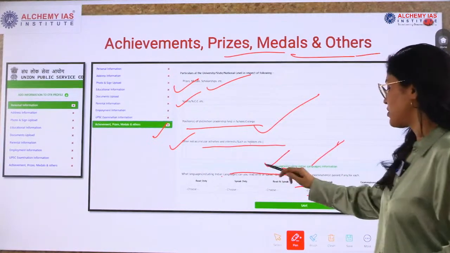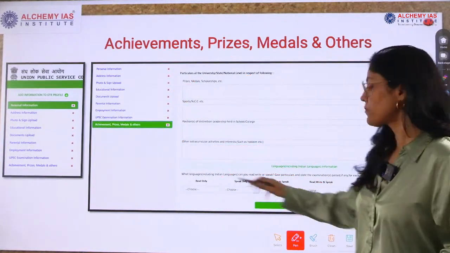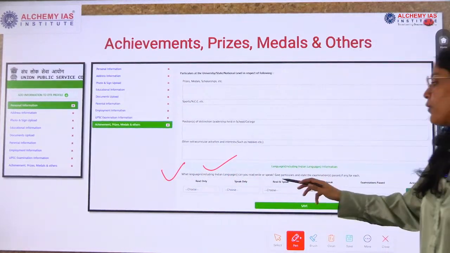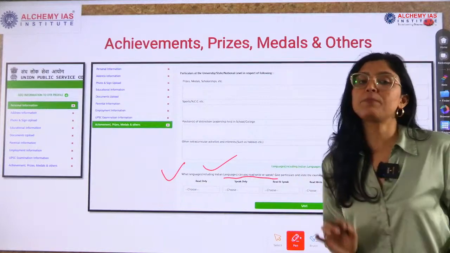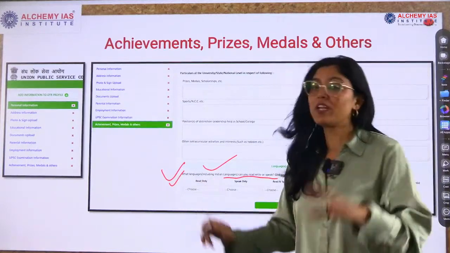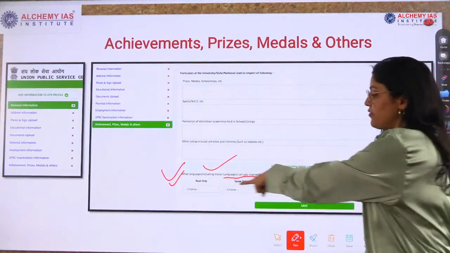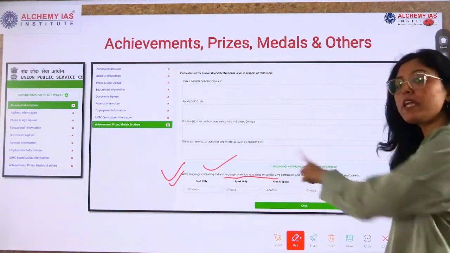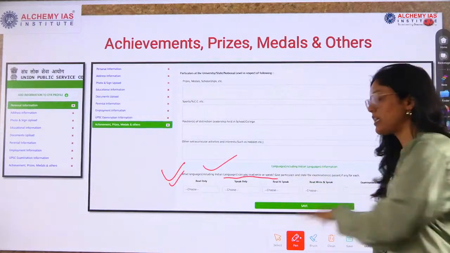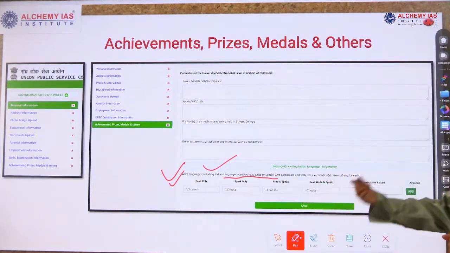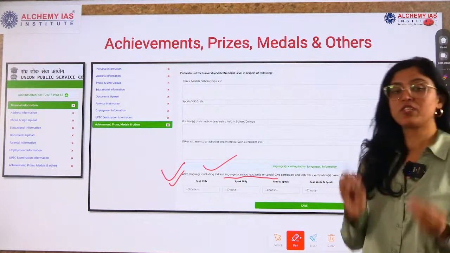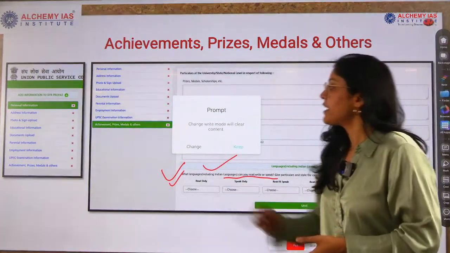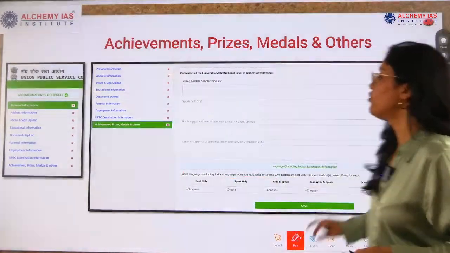Next is language, very, very important. So in languages, you will be doing what? What languages, including Indian language, can you read, write or speak? So what all languages you can read, write or speak? So different options are given. See, read only languages will be there. Now speak only also language options are there, read and speak, and then read, write and speak, and examination passed, which is very important. So you have to mention this also. Then save all the information and then move forward.